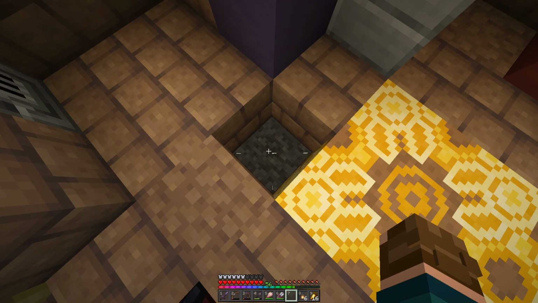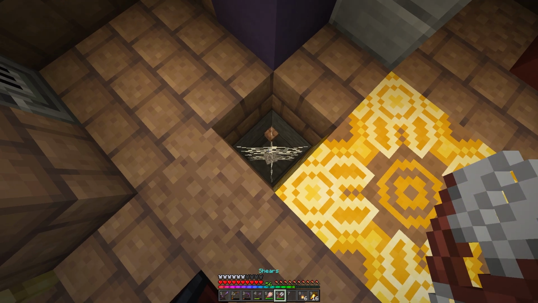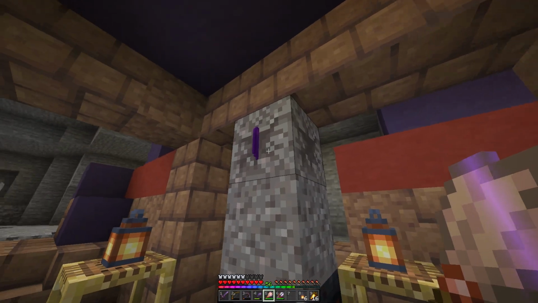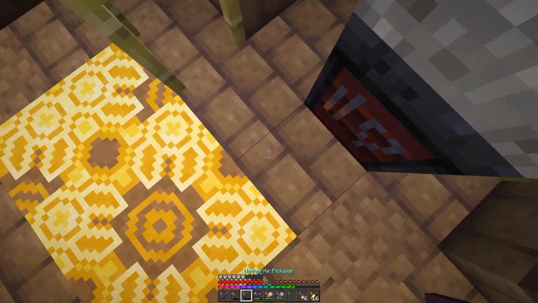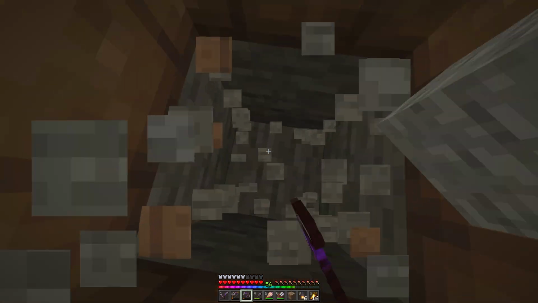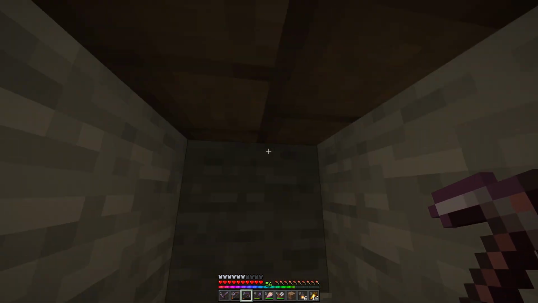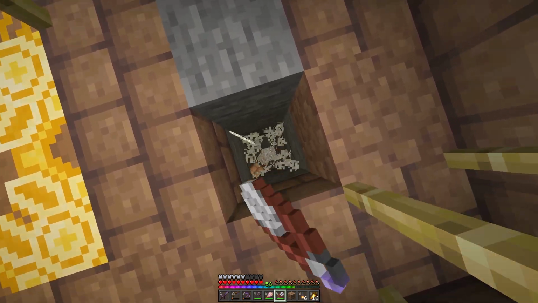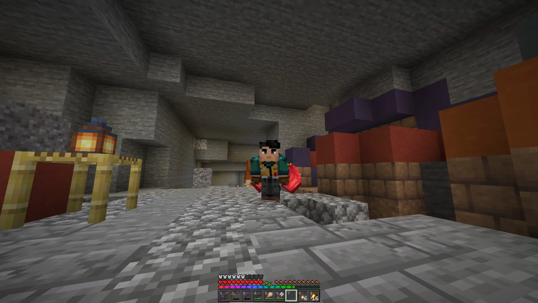So with 2 cobwebs and a little bit of time, we should be able to grab the suspicious gravel block. Now I'm not doing it to every suspicious gravel block, I'm just doing it to the ones with no pottery sherds or the music disc. Won't be long, and there we go. Perfect. So that's what I've been doing for the past few hours or so, and it's been a lot of